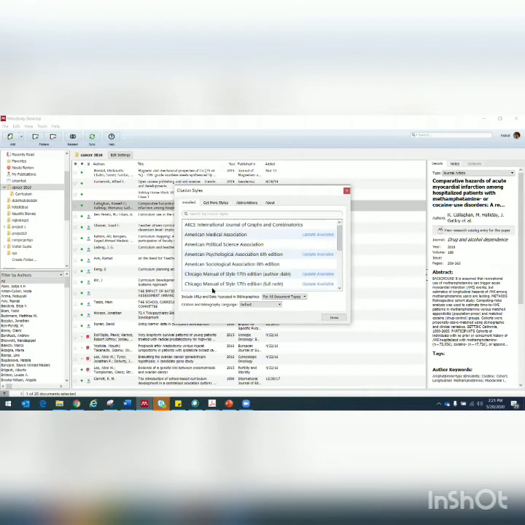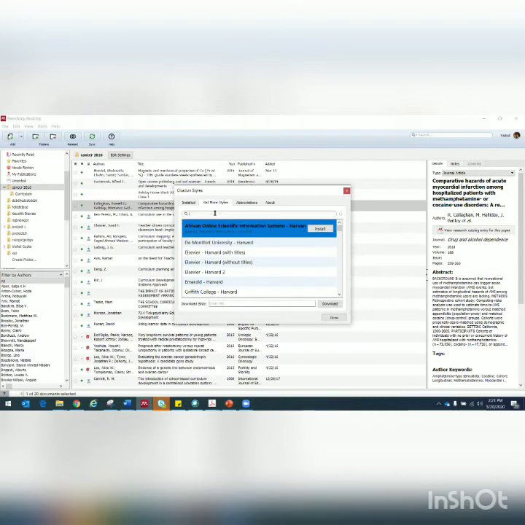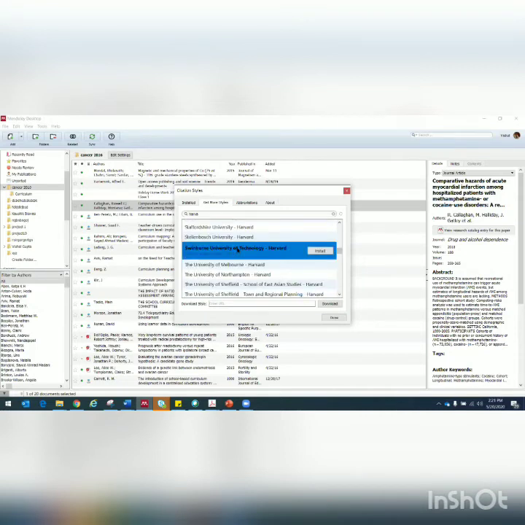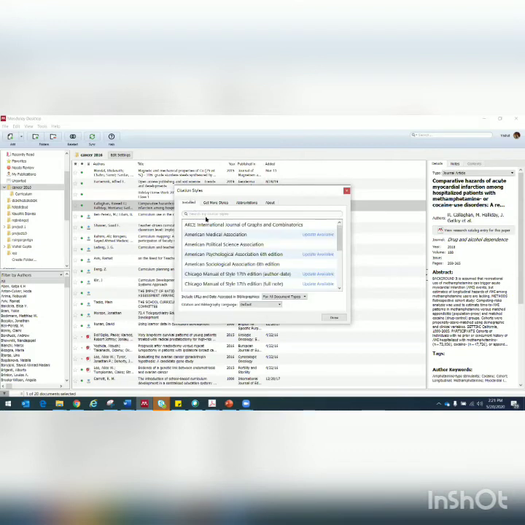If you can't find it under installed list, go to get more styles and just start typing, and it will keep showing you options, right? And then from here, if you find the correct one, you simply click here and click on install. It will directly install that particular citation style, and then you can find it here under installed list and say use your files.